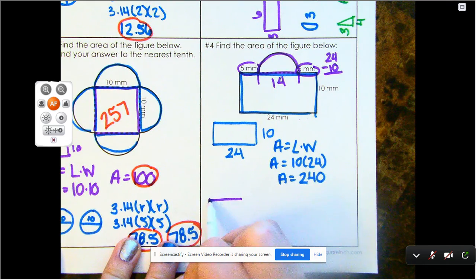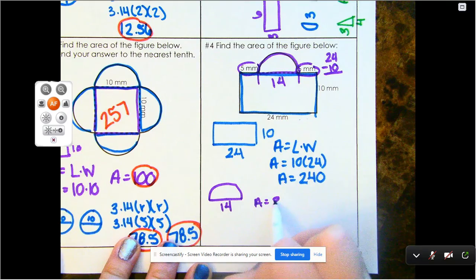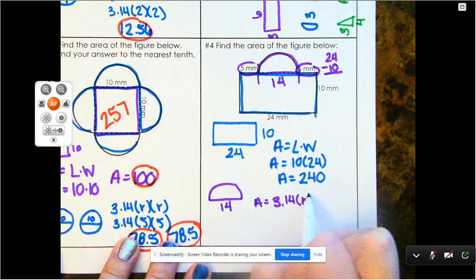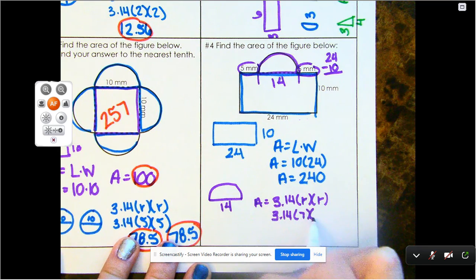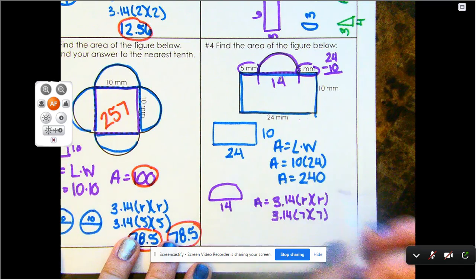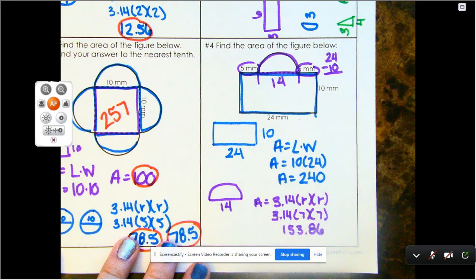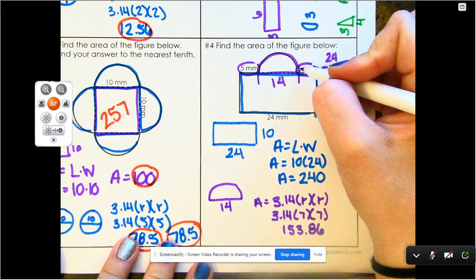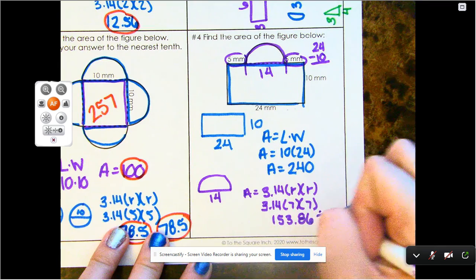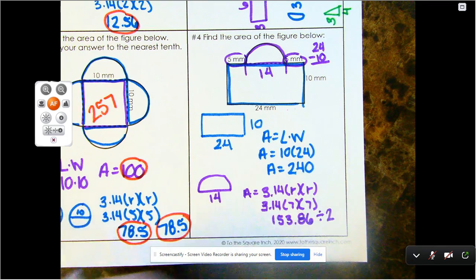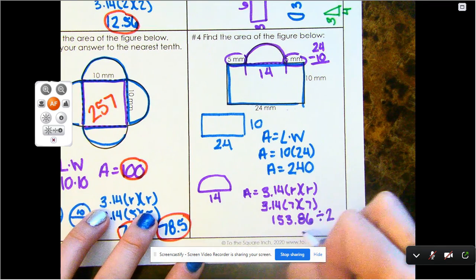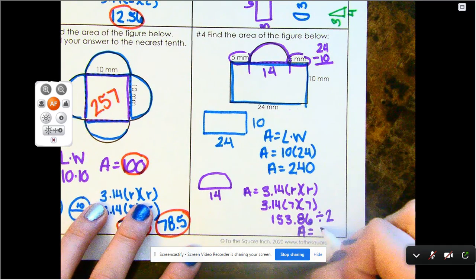So the circle I know has a diameter of 14, and then I'm also going to remember that my formula uses radius. So 3.14 times 7, because that's half of 14. Okay, and I'm not finished yet because this picture only used half of that circle, not the whole thing. So I need to divide my area by 2. So the area that I'm going to use, y'all can see that, is